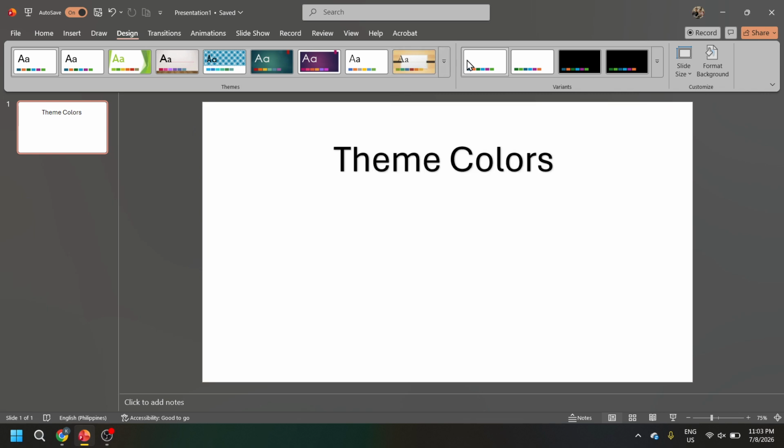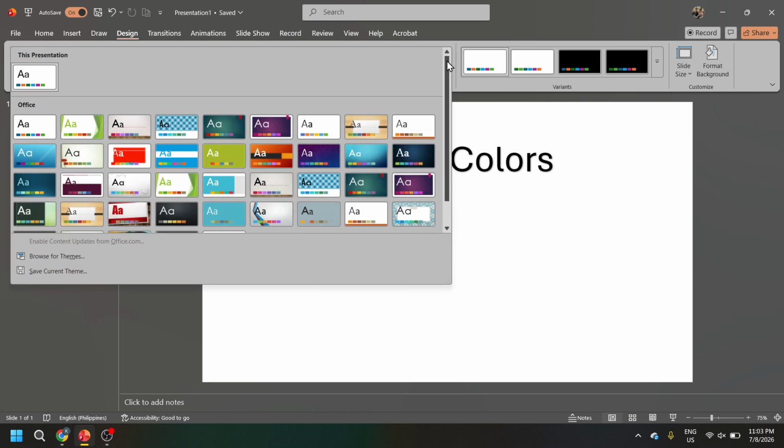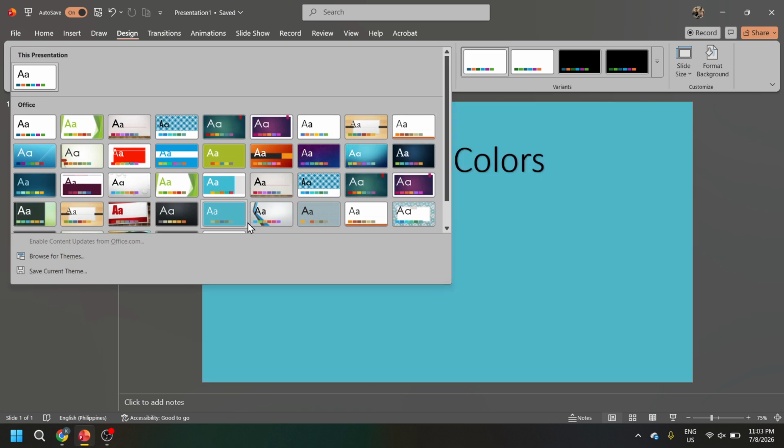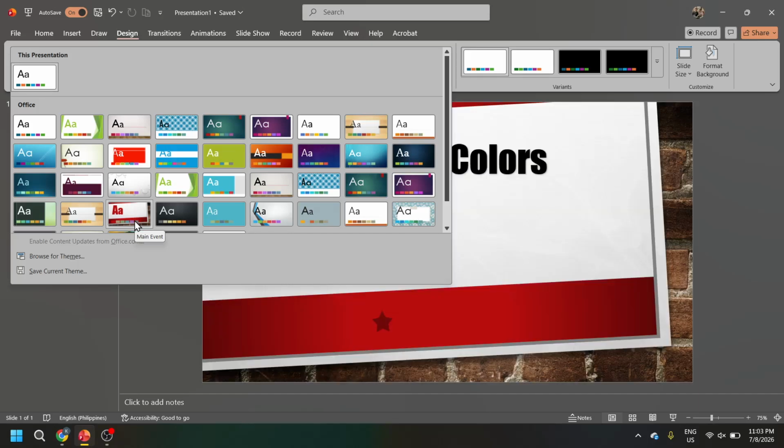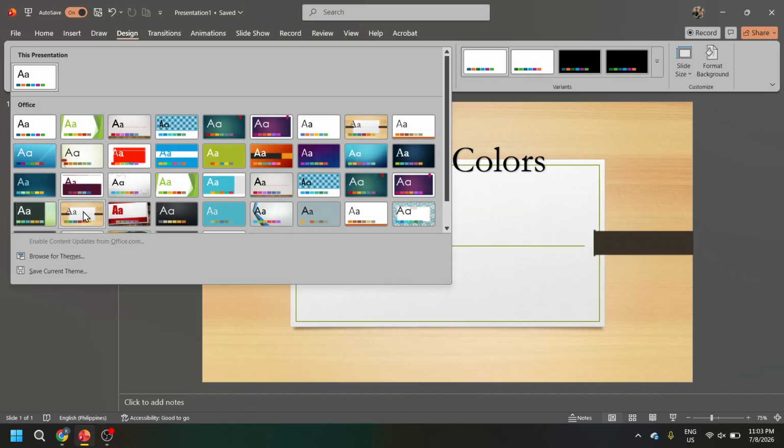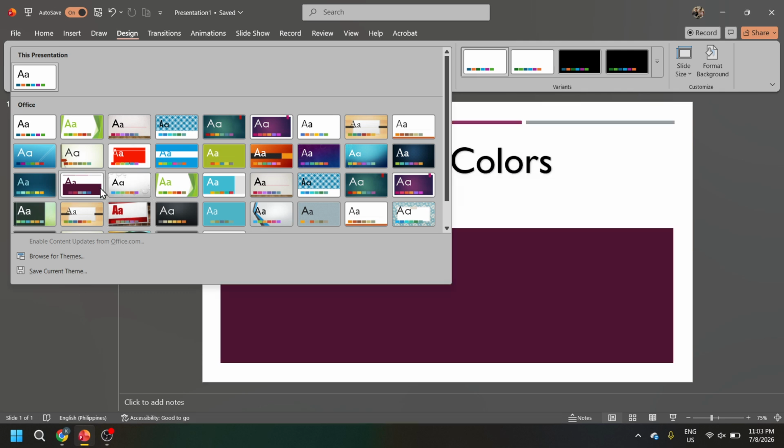When selecting a design, think about the tone of your presentation. For example, a clean and simple theme might work well for business or educational content, while something more colorful or modern may be better for creative projects. The design you choose will influence the theme colors, so it's worth taking a moment to pick one that matches